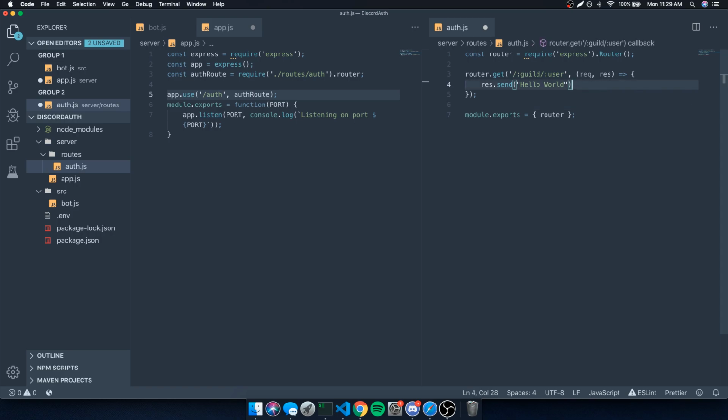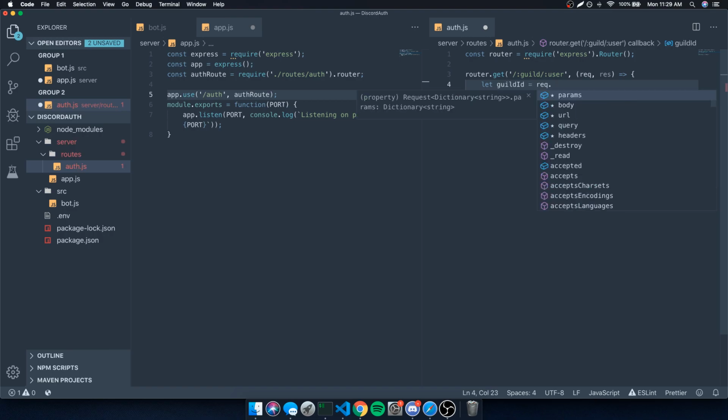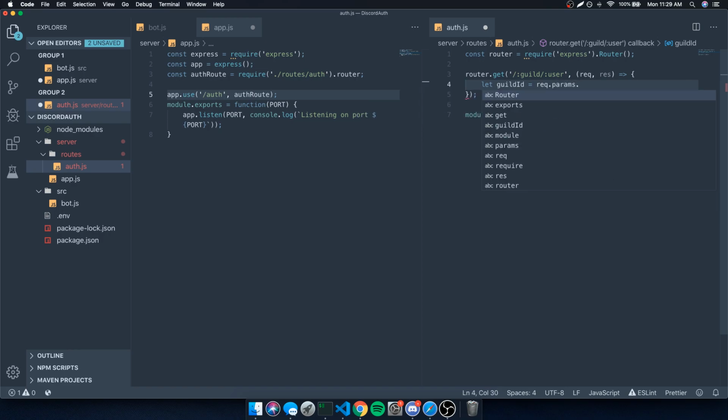Okay, so now that we have our route parameters set up, which are the guild ID and the user ID, we're going to go ahead and handle that by saying let guildID equals req. If I want to reference the route parameters, we need to reference the request object. So we say req.params, and it's going to be whatever we set it to over here. For example, guild is literally the name of the route parameter, so it's going to say .guild. And we're going to say let userID equals